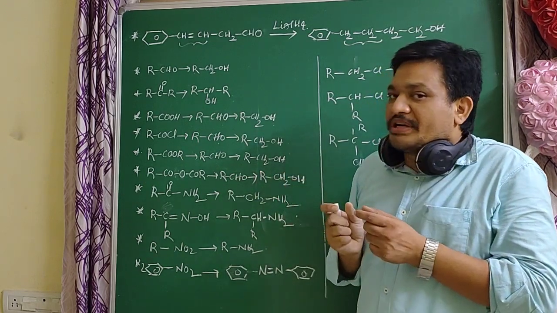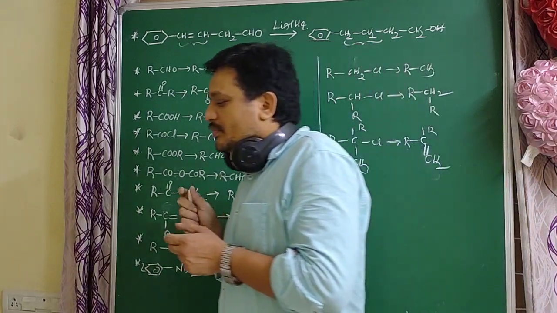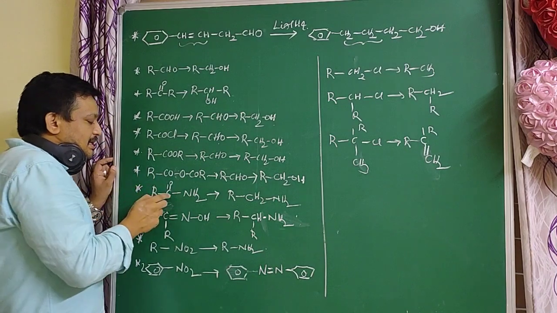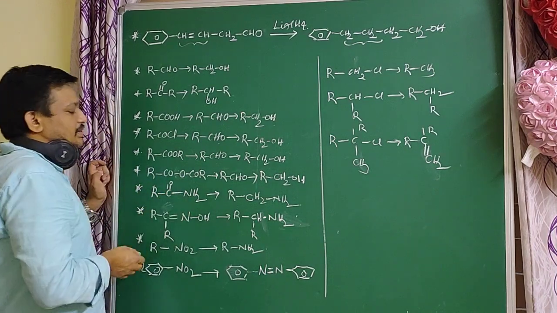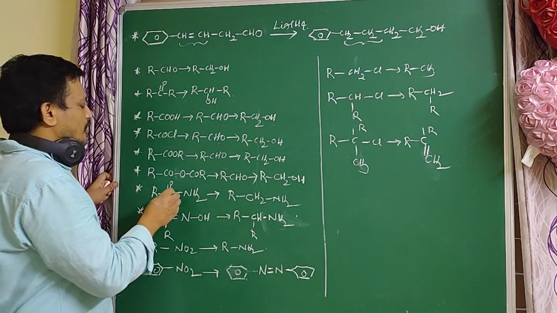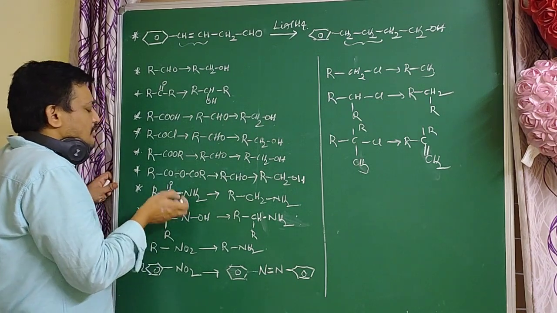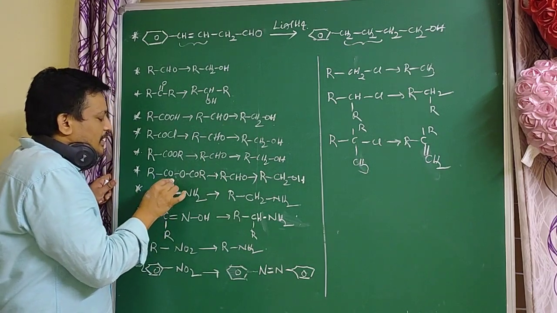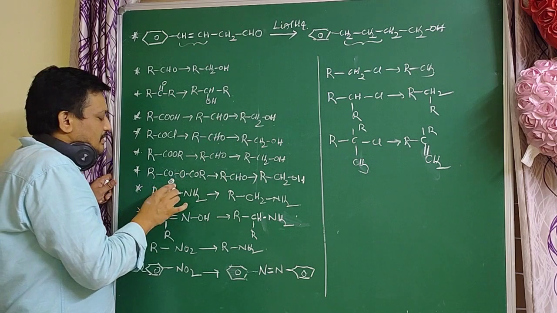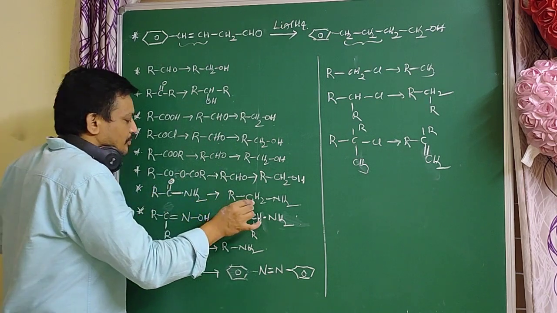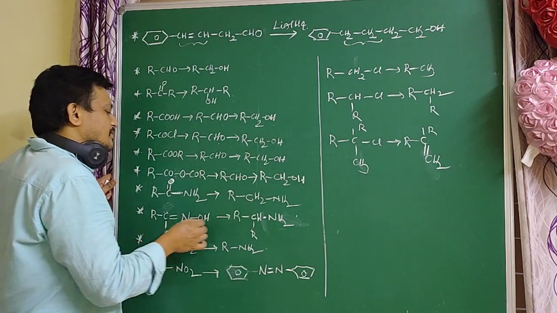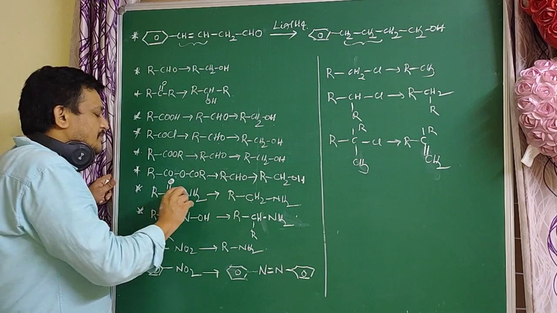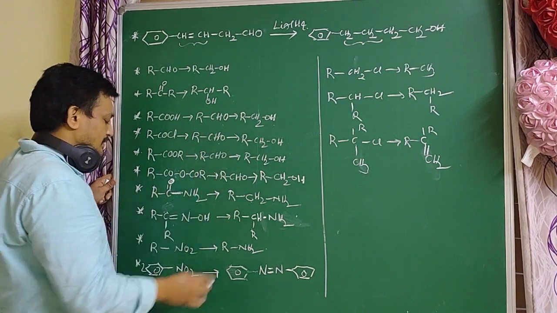The amide C-N bond is not broken by lithium aluminum hydride. Reducing agents do not easily break the C-N bond; it is a very strong bond. Here the oxygen is removed and hydrogens are added, which converts the amide to a primary amine, and oximes also convert to primary amines. Substituted amides are converted to secondary amines.